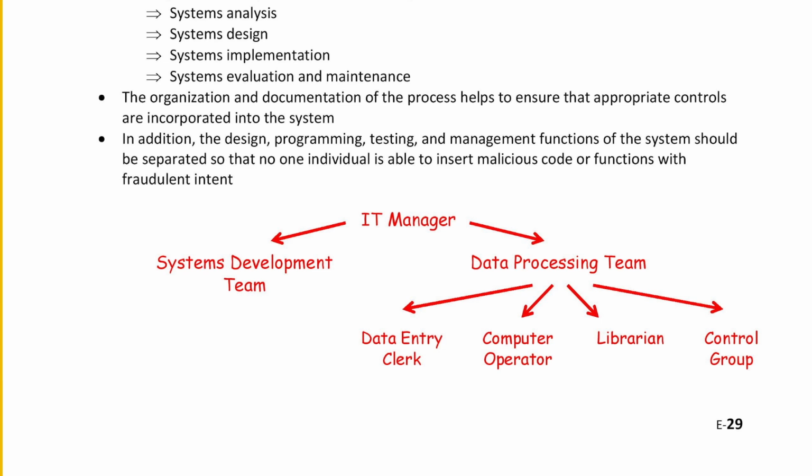Now trying to fit in the ARCS that we learned as control activities under internal controls, the systems development team, they are responsible for A of ARCS or authorization. Put a bracket around data entry clerk and computer operator, R. They take care of the recording. The librarian, the first C, so the librarian, he's got custody. And the control group, the second C, they take care of comparison. So you got ARCC, the S of ARCS, that's segregation of duties. So draw lines between A, R, C and C.